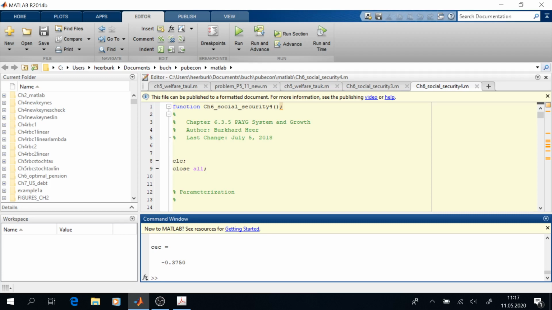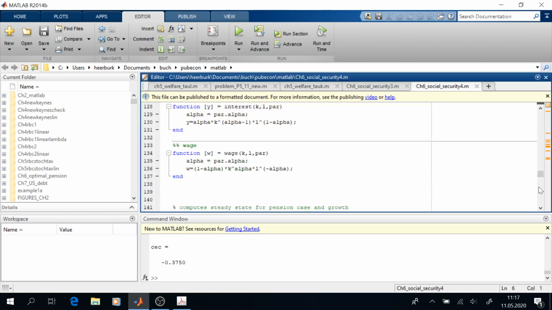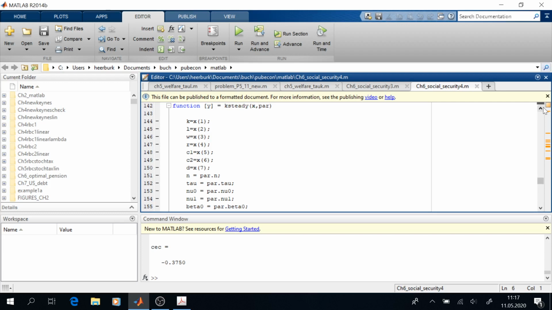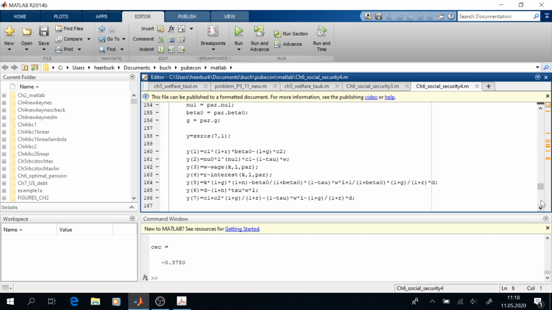So let me briefly describe what we do in this model. We just saw the 7 equations in the steady state. And you also find this in the function or procedure in the Gauss program. And the 7 nonlinear equations that we just saw are presented here by the 7 equations y of 1 through y of 7. And we just solve a nonlinear equation system. So this particular program is really easy, and I do not get into much detail.